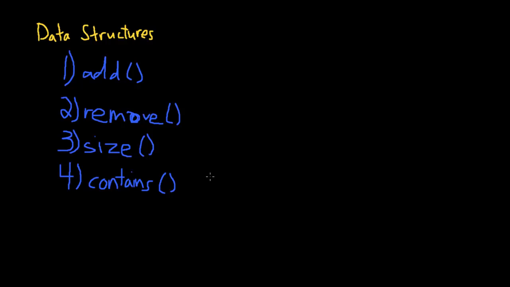Our contains method should take a parameter, some object of whatever type we're holding in our data structure, and it should cycle through all of the elements of the data structure, and if the object exists, it should return true, and if the object doesn't exist, it should return false. That makes sense. Maybe the data structure is a list of students enrolled in a class, and I want to see, is Billy in the class? I would do something like